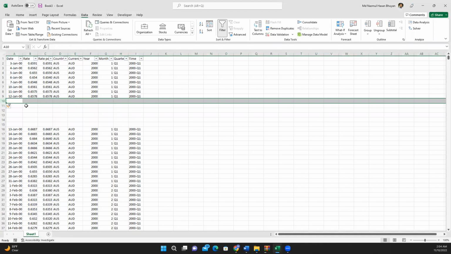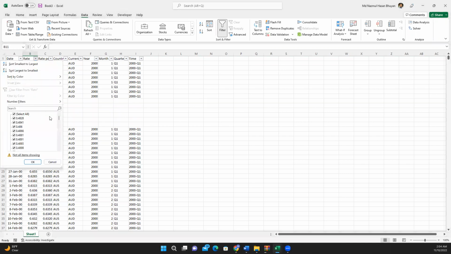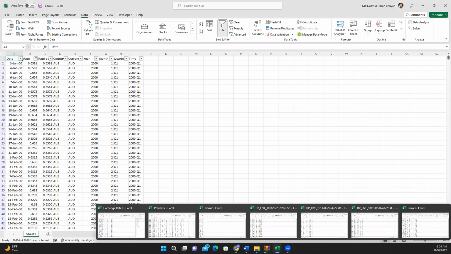So here you can see now I have some blank cells. So go to this one, and then go all the way down, and you can see here blank. So uncheck it, hit OK. Now you see I only have those rows where I have the data for rate. Okay, and then